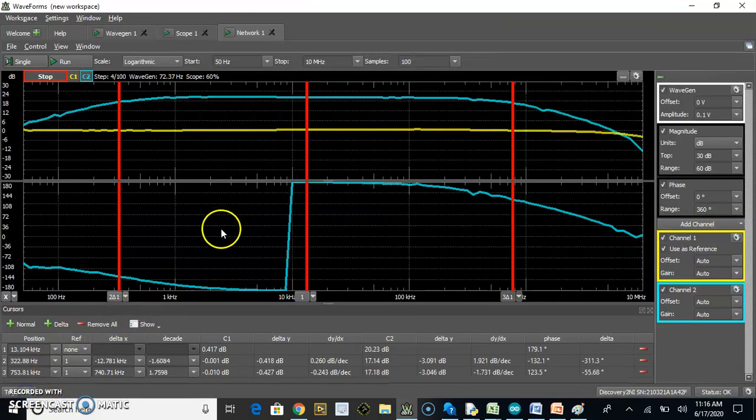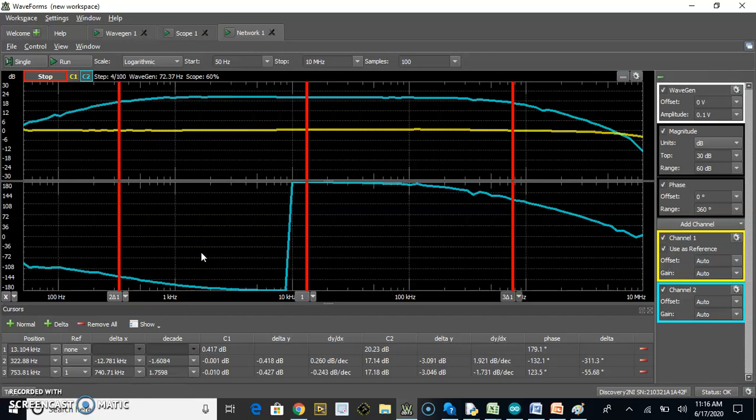Now you can see this is the frequency response for a different value of RC. You can see the gain has increased from 16 dB to 20 dB. The 2 delta 1 indicates the lower cutoff frequency, and the 3 delta 1 indicates the higher cutoff frequency. Now the higher cutoff frequency has reduced from 1.1 megahertz to 353.8 kilohertz, because there is an increase in the gain. When the gain of the amplifier increases, naturally the bandwidth will reduce. This is an indication of how the gain bandwidth product remains constant.